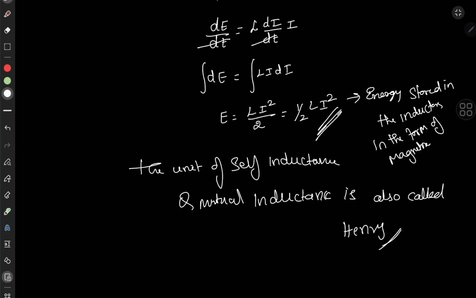Henry is the unit of self-inductance or mutual inductance. Remember this, 1 Henry is equal to volt... so we can write 1 Henry is equal to 1 Weber per ampere, or we can also write